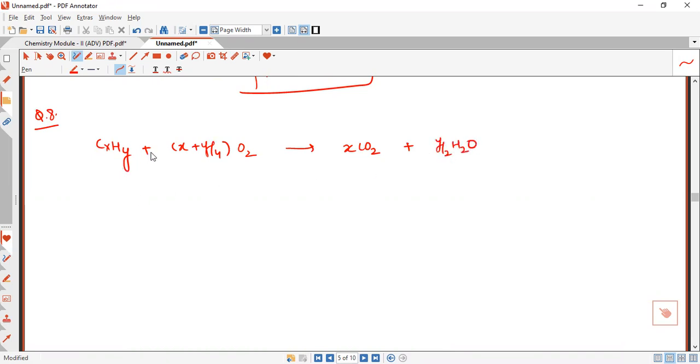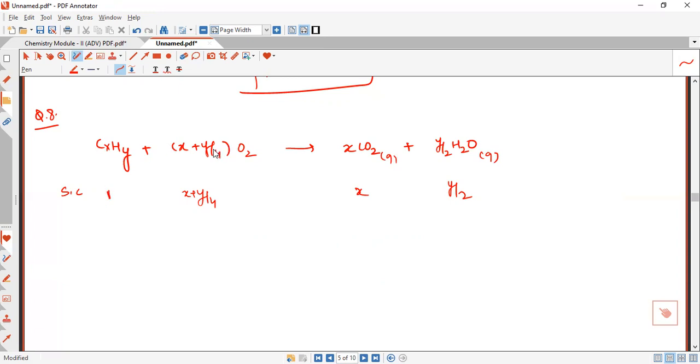Now what they are saying is, let's say the stoichiometric coefficient is 1, x plus y by 4, x and y by 2. This is also considered as gas. This is also considered as gas. These are the stoichiometric coefficients. So one is saying